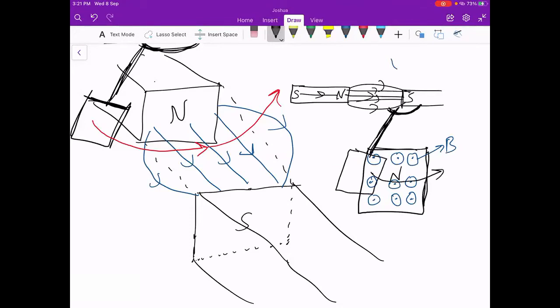But what is the difference between the first situation and the second situation?